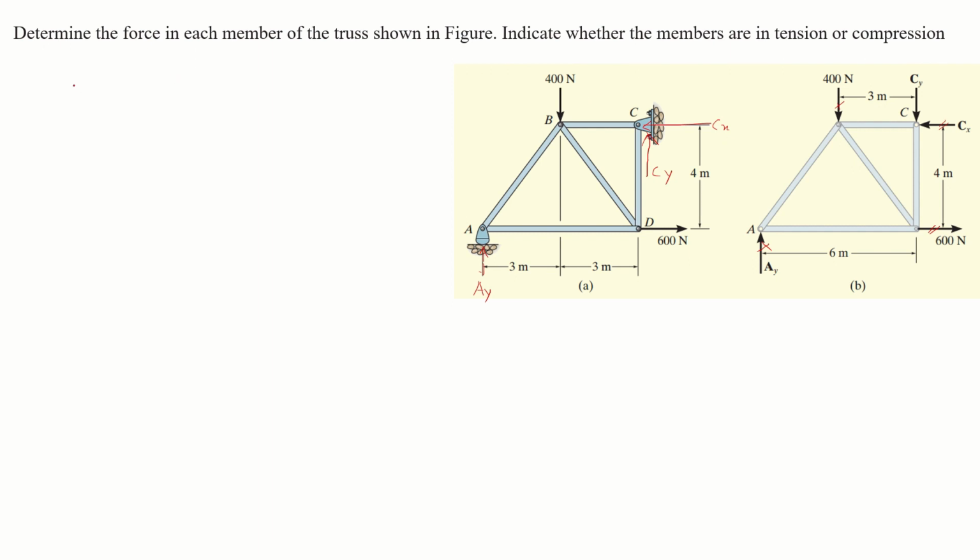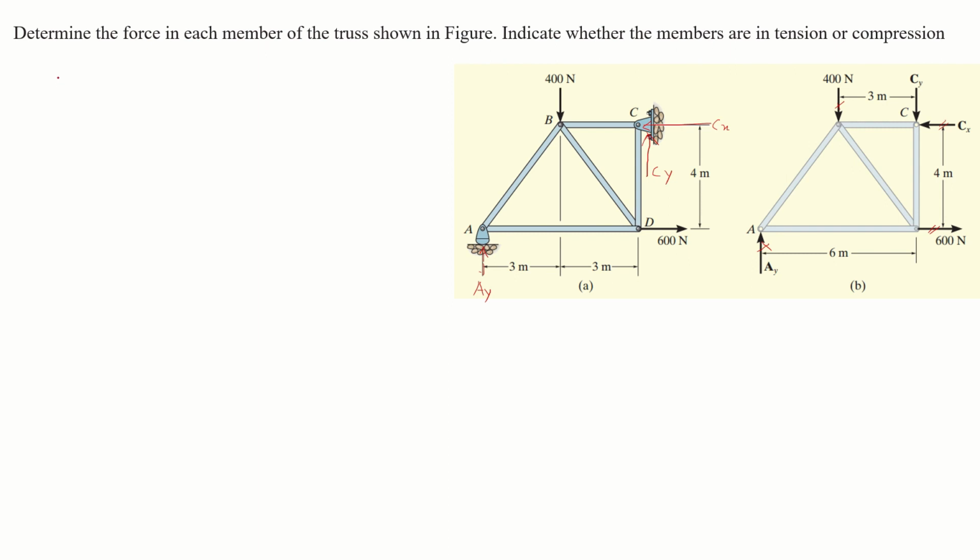So now we consider the equilibrium of this whole truss, and we start our problem from that point where the unknowns are maximum. We can see at point C there are two unknowns, and at point A there is only one unknown. So if we start from point C,